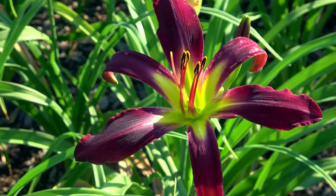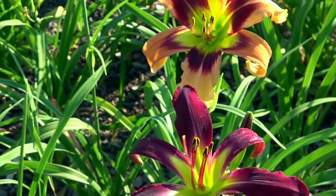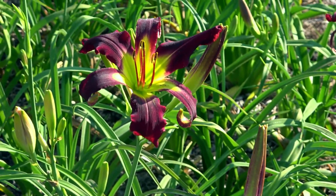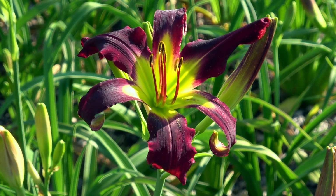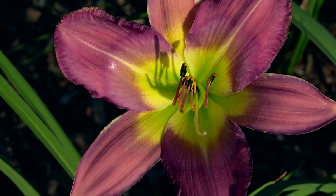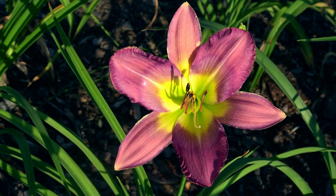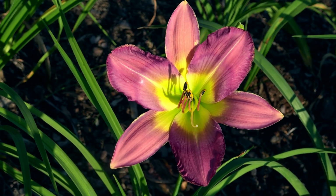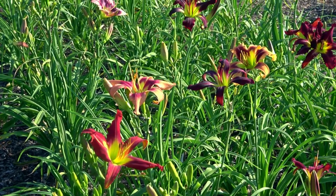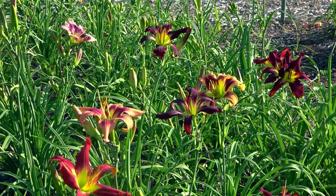I've been breeding for narrow petals, a more naturalistic form. This one's practically lavender. It's smoky. It's a smoky shade. So the reason I started to hybridize for longer petals, oh wait,